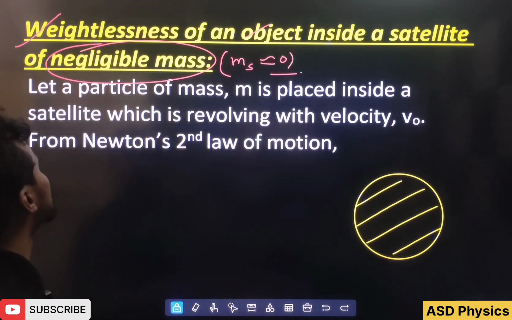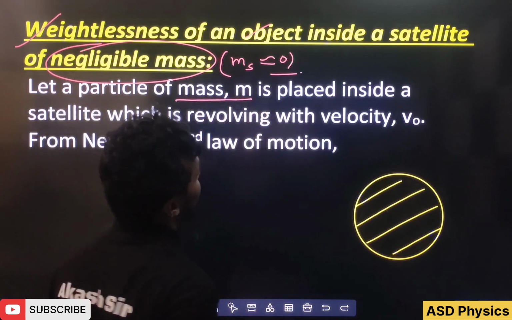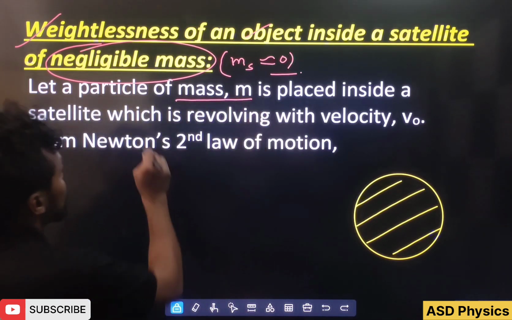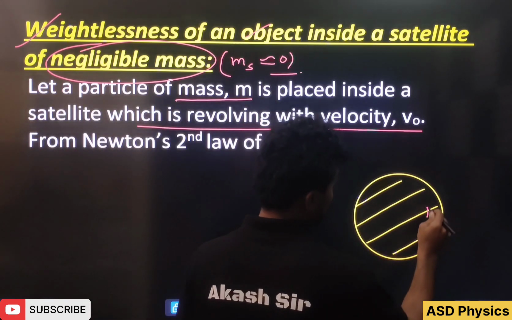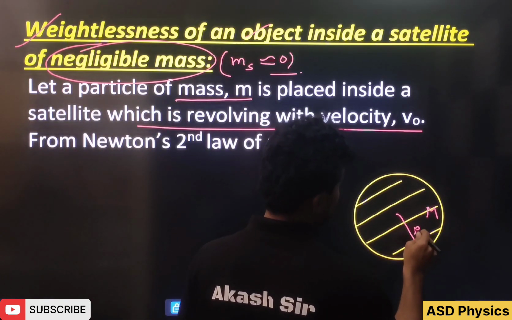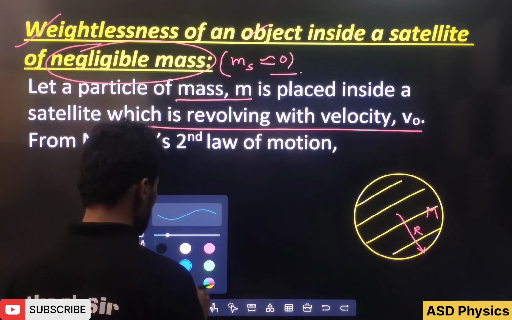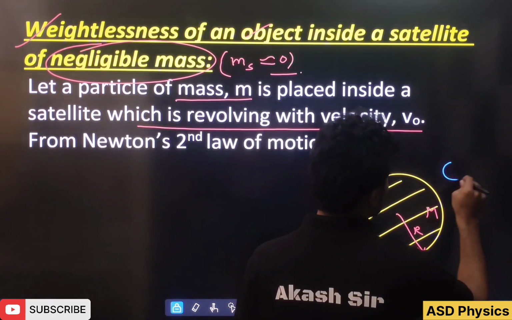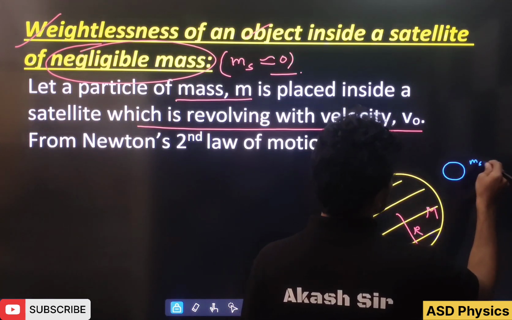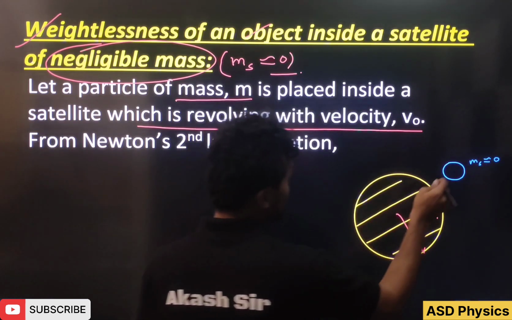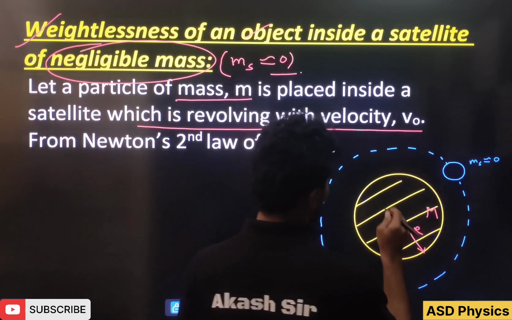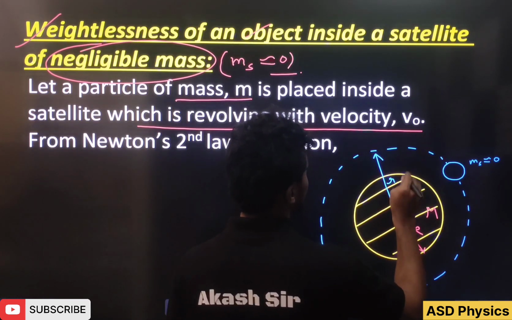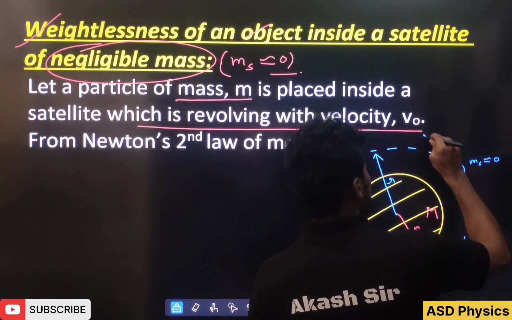But now we are talking about a satellite which has negligible mass. So see please, let a particle of mass small m be placed inside a satellite which is revolving with a velocity v0. Okay, so let me draw here again. The mass of the planet is M, the radius is R, and let's draw one satellite here like this. Its mass is approximately negligible. Let's take this satellite revolving in an orbit, the orbital radius is small r, and the orbital velocity of the satellite is